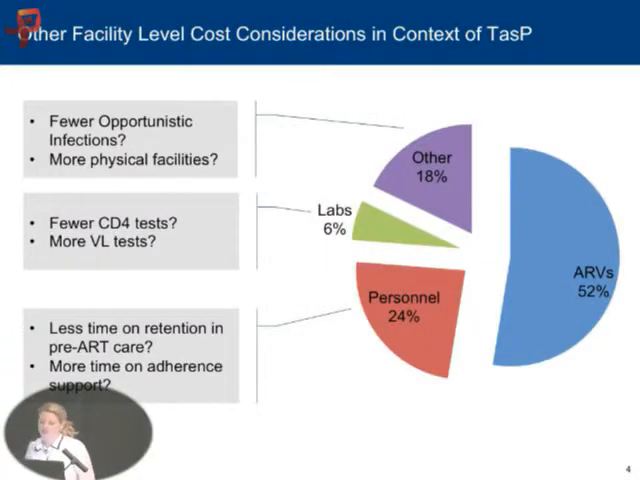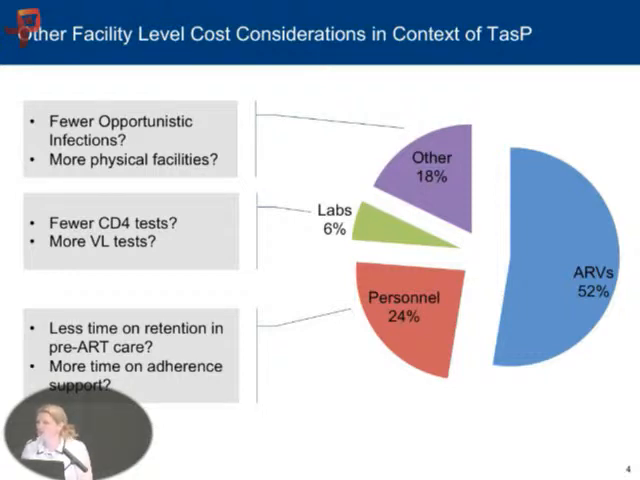Some of the other facility level cost considerations, especially to think of in the context of treatment as prevention, are around, for example, in that other category where we had a lot of expenditure on OI drugs. Are we going to have fewer opportunistic infections if patients are starting treatment earlier and not getting as sick? On the flip side, though, we potentially need more physical facilities to manage the increase in number of patients coming into care. Are we going to be doing fewer CD4 tests if we're basically going straight to a test and